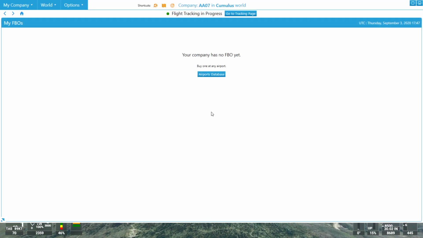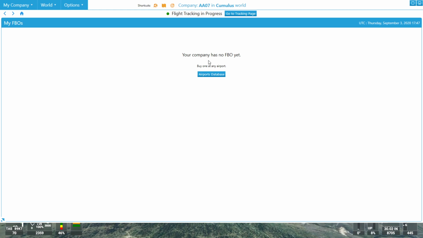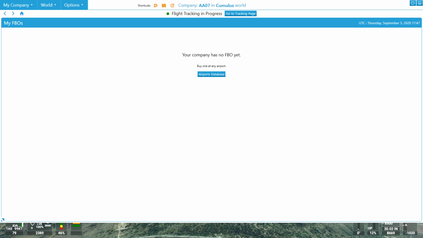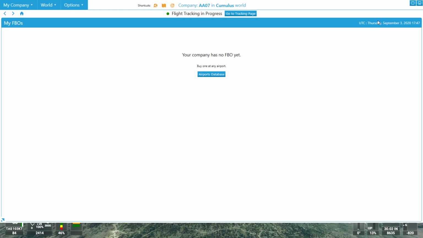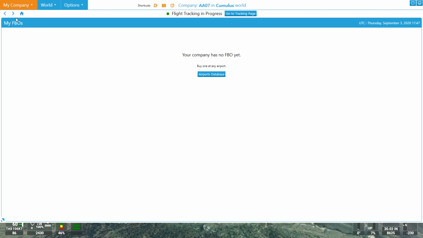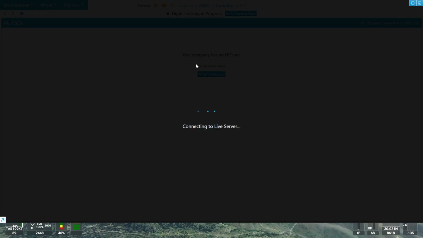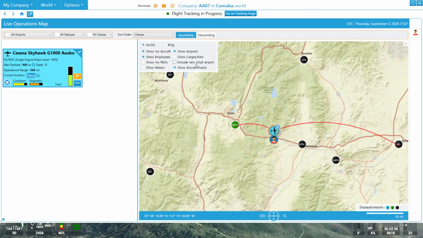So I suppose one of these days. 1481, contact Salt Lake Center on 133.04. 133.04 for Southwest 1481. I should buy an